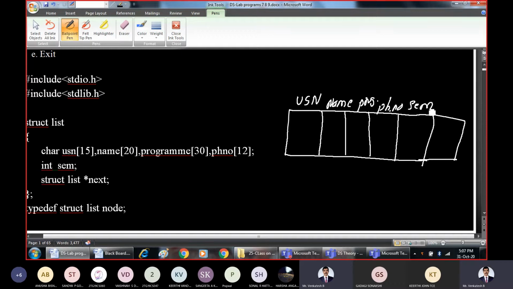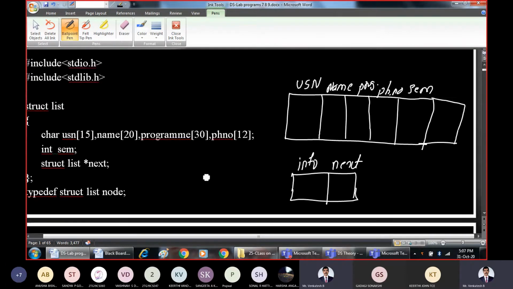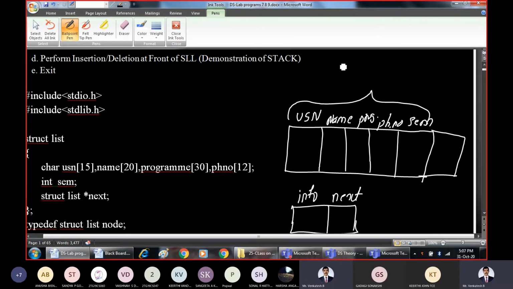If you remember the previous discussions, our node contained only two things: one was the information part or data part, and the other was the next pointer or link part. That is all we studied earlier. Now this entire thing is going to represent the information part, because there are 5 different types of information we are trying to process.